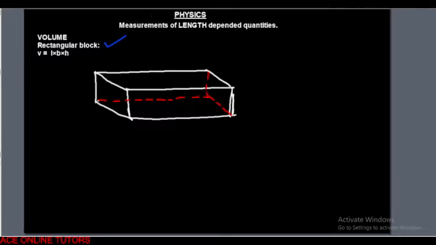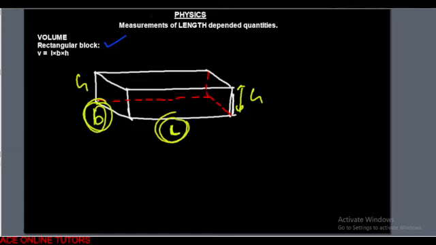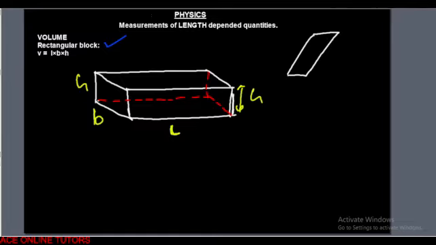Now if you look at it, it has different dimensions. There is the length, there is the breadth, and there is the height. The height is like how tall it is. So this is the height. Now the orientation of the body does not matter. You can change it anyhow. You can put the length here, put the breadth here. It doesn't matter. Just make sure from the base to the top you use that as the height. I didn't mean that I had drawn it this way. If I had drawn it this way,